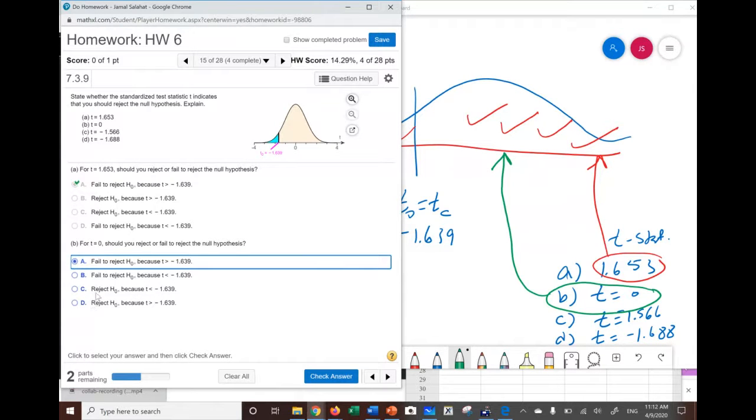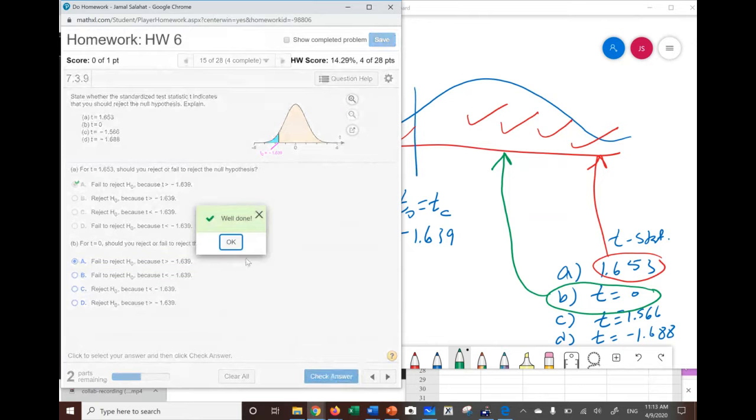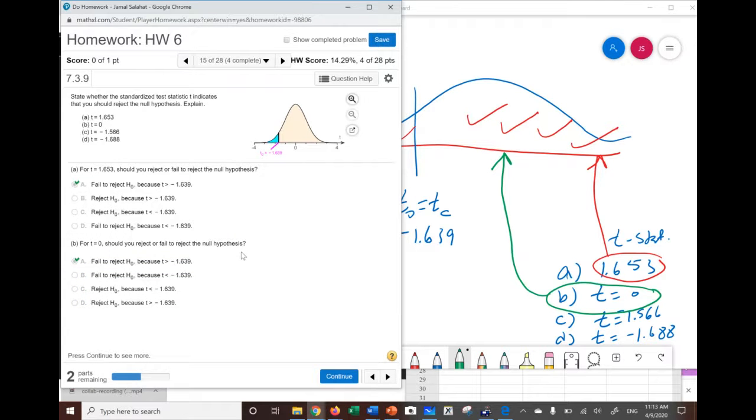Notice we're going to fail to reject, so it's going to be either A or B. But in this case, in B it says less. In A it says more. It is more. So we're going to check that answer. Now for part